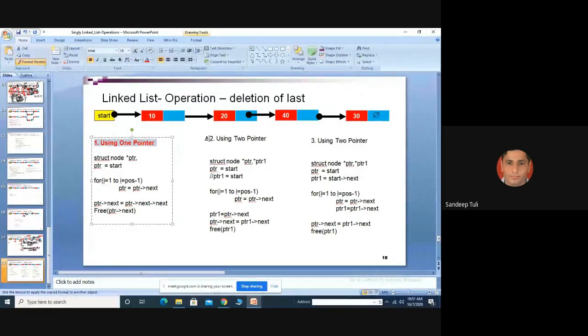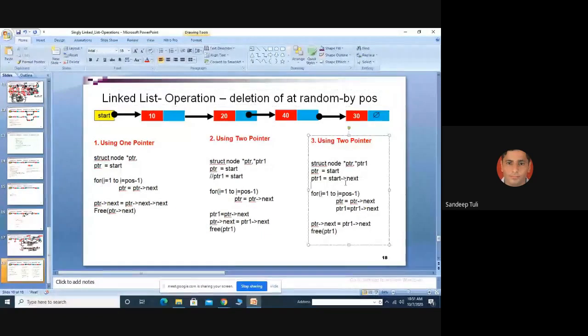See the code. I am decorating the slides. You just see the code and try to find out whether it will work or not. Yes or no? Just respond to me.